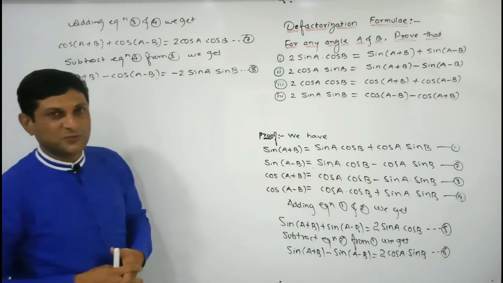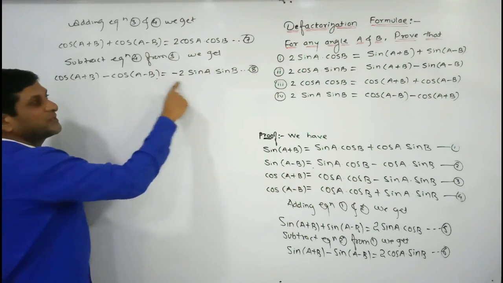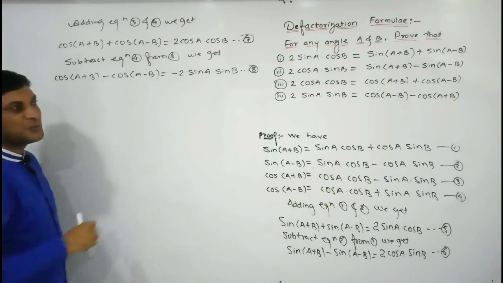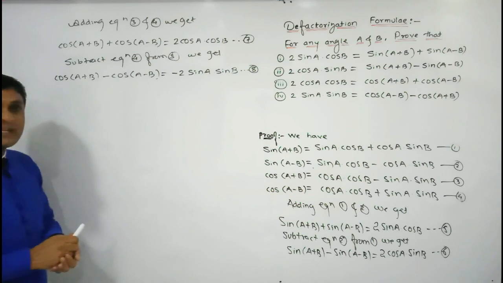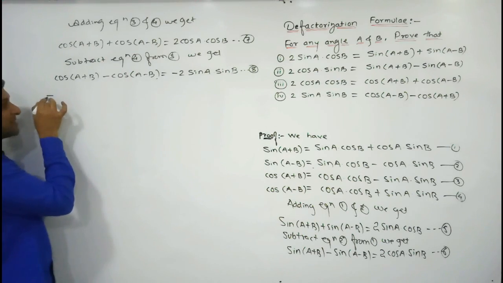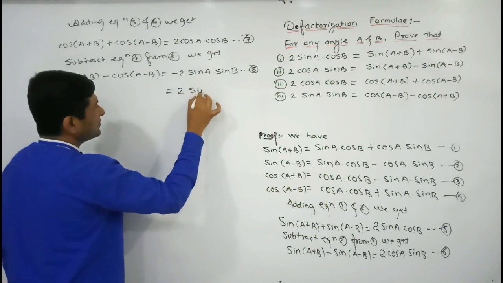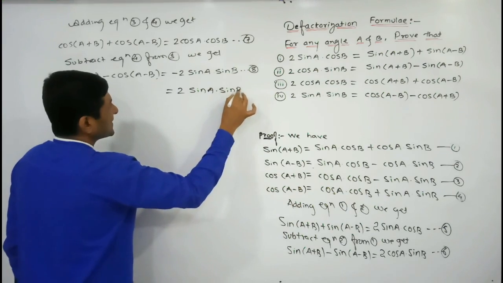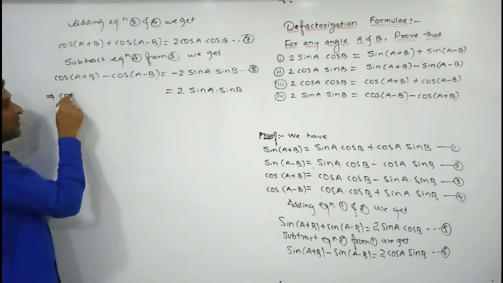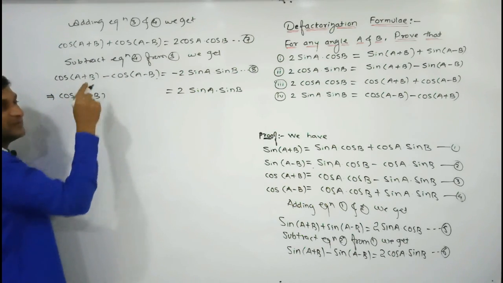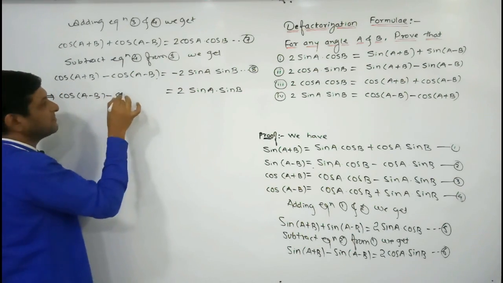But now observe the fourth formula. Later on we have taken the subtraction of these two equations. Observe, we have taken the subtraction, and what result have we got here? Minus 2 sin a sin b. But here minus is not required, which means we have to remove this minus. To do that, we simply multiply both sides by minus. If I multiply the right hand side by minus, minus into minus will become plus, so we will get 2 sin a sin b. And on this side if I multiply by minus, this negative term will become positive. So cos(a-b), which is a negative term, will become positive, and the positive term will become negative, which means we will get minus cos